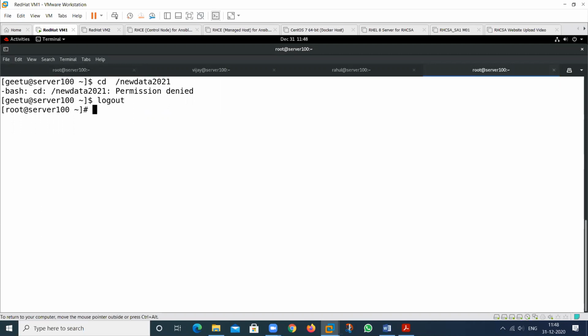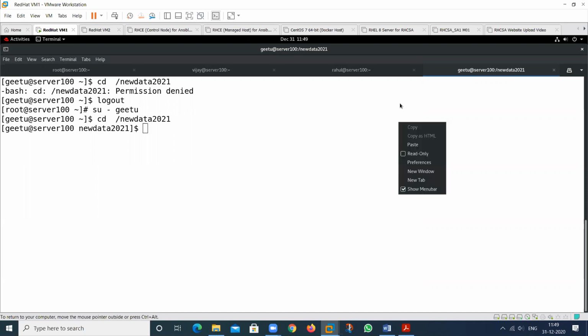So we need to log out first. I have told you that earlier also. At the time of creation, login, when the session is generated, we have no permission. Then log in again. Now you are able to enter this particular directory.